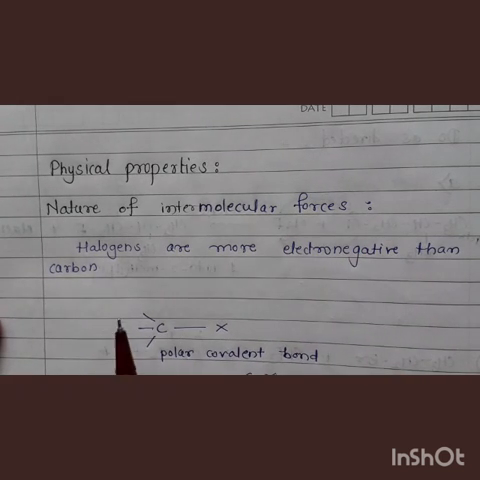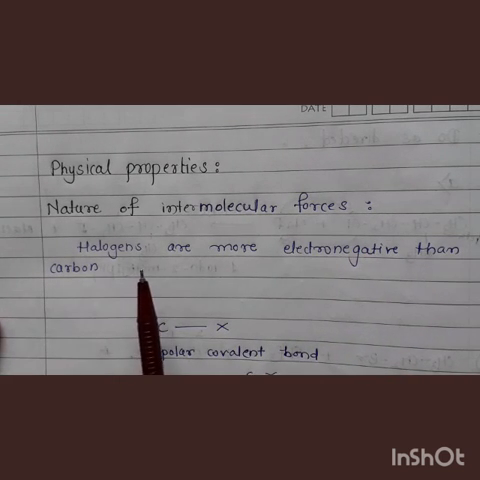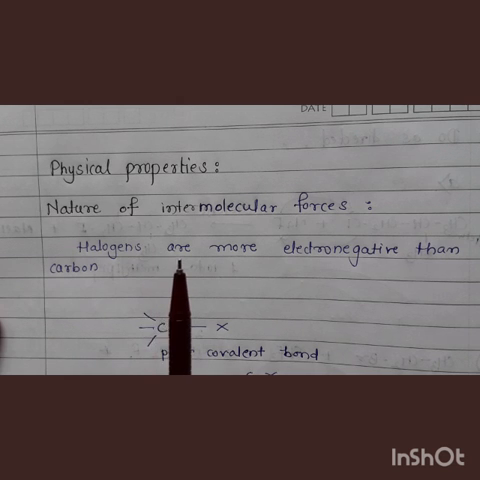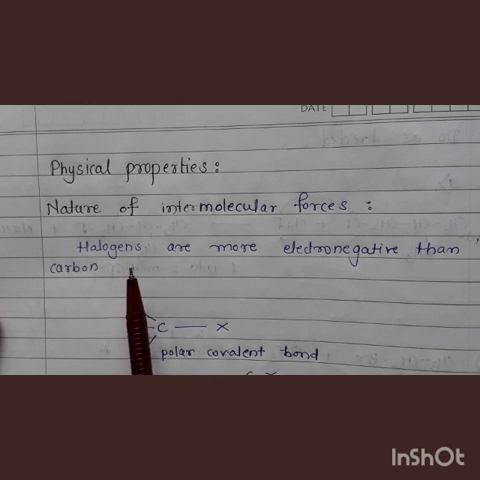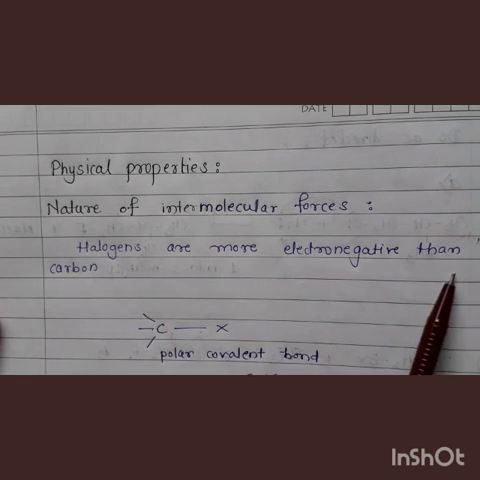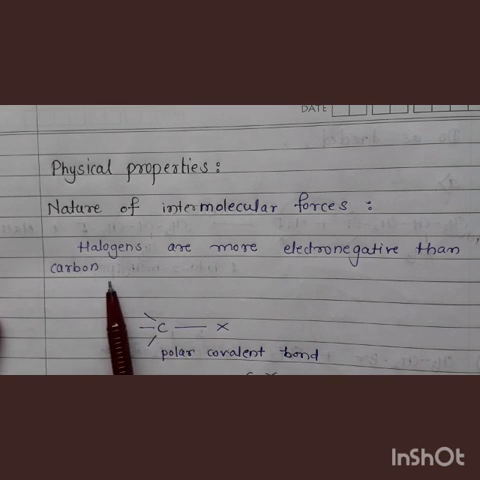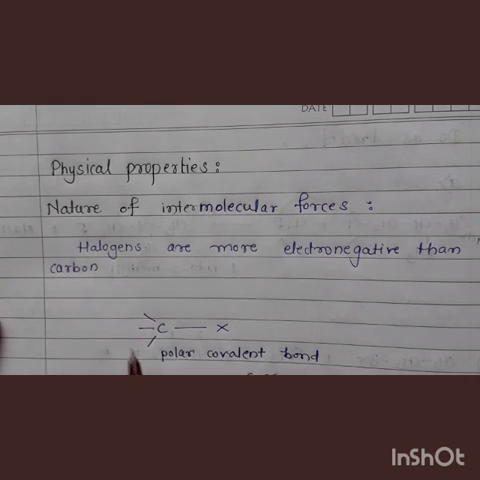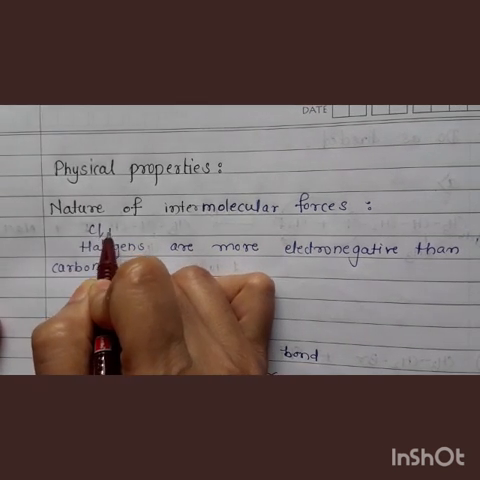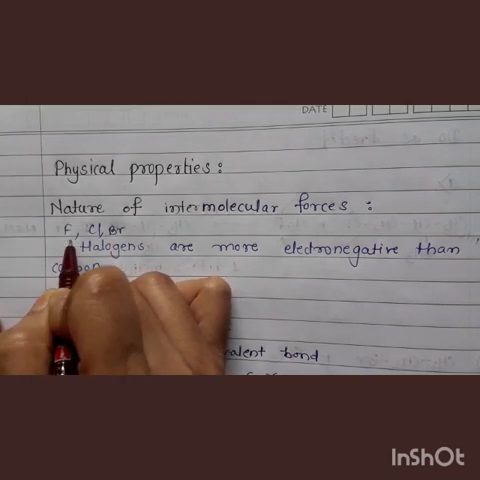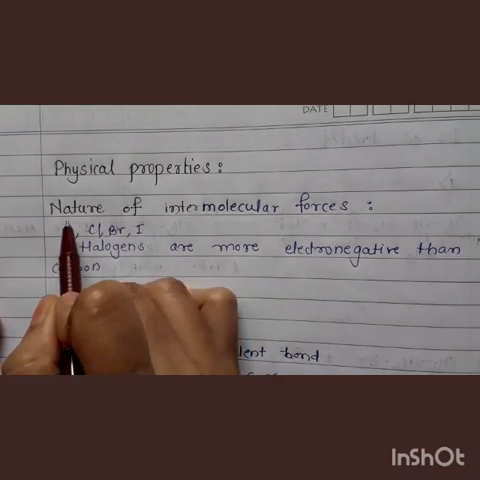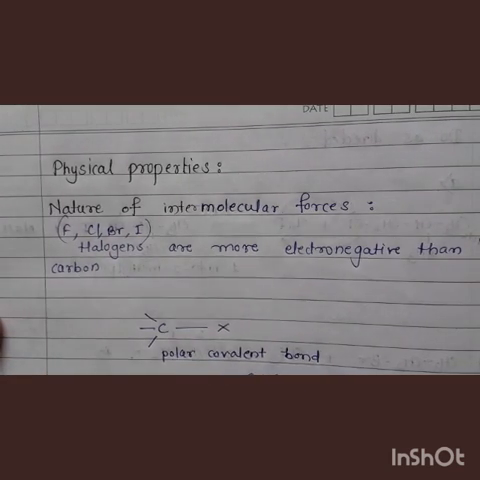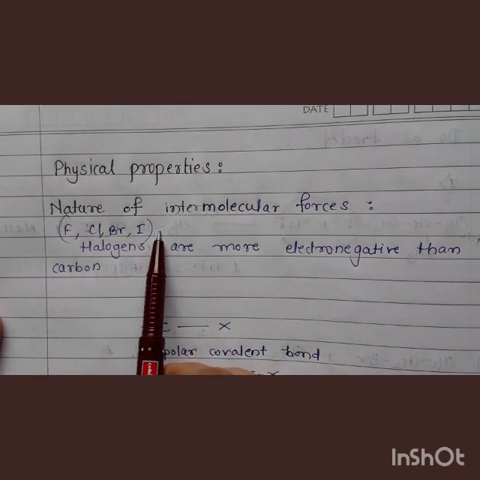Now see, we have studied in 11th standard the periodic table. There we have studied that halogens are more electronegative than carbon. Halogens are more electronegative, that means they pull the electron cloud towards themselves. If we compare halogens like fluorine, bromine, and iodine, the electronegativity of these halogens is greater as